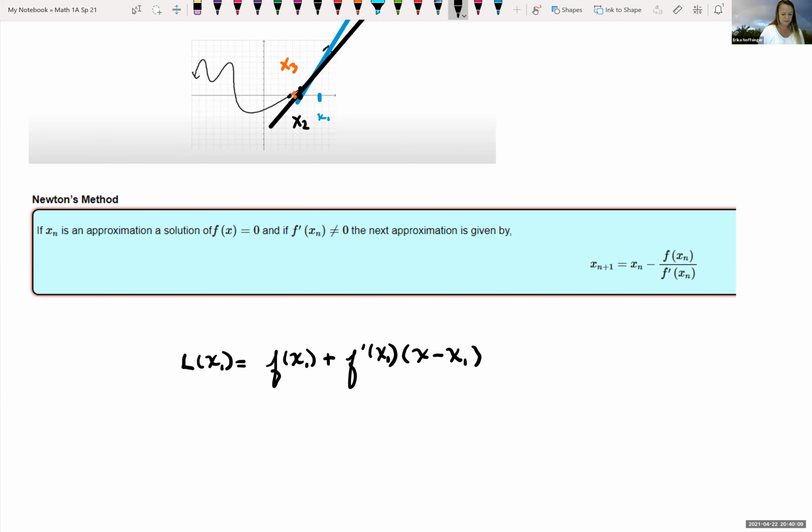Anyways, it's not working out as how I want it, but this is how we're gonna get this formula